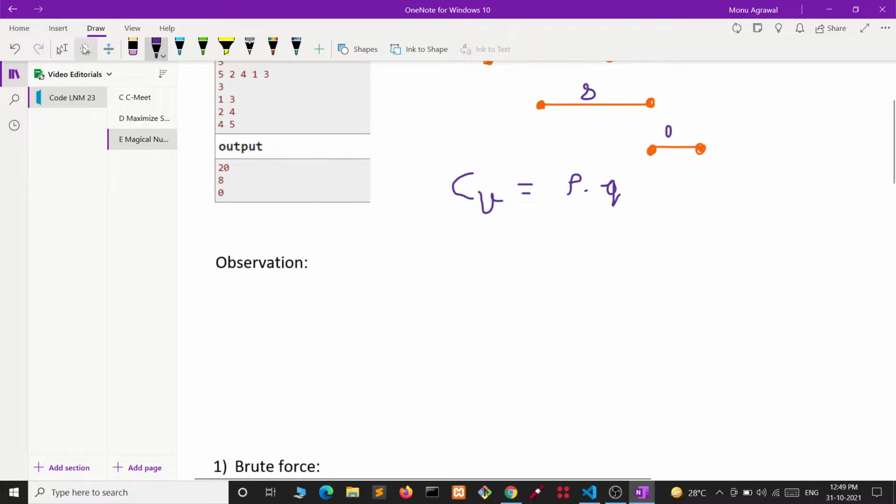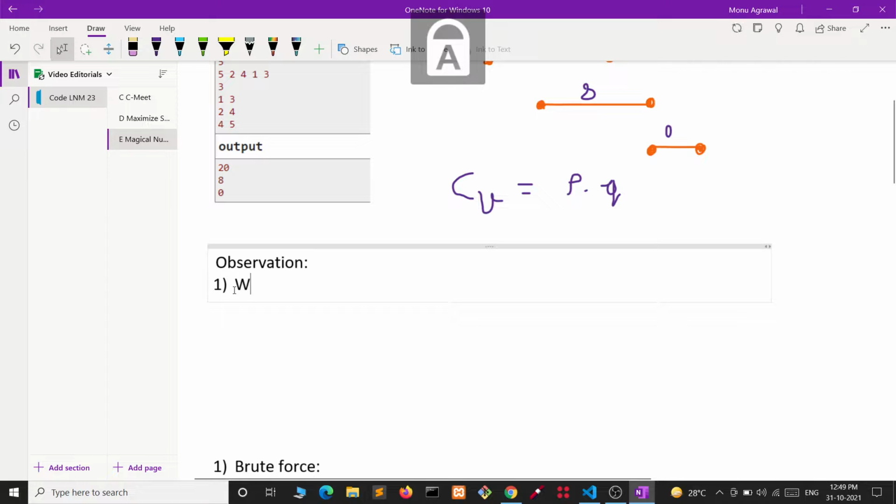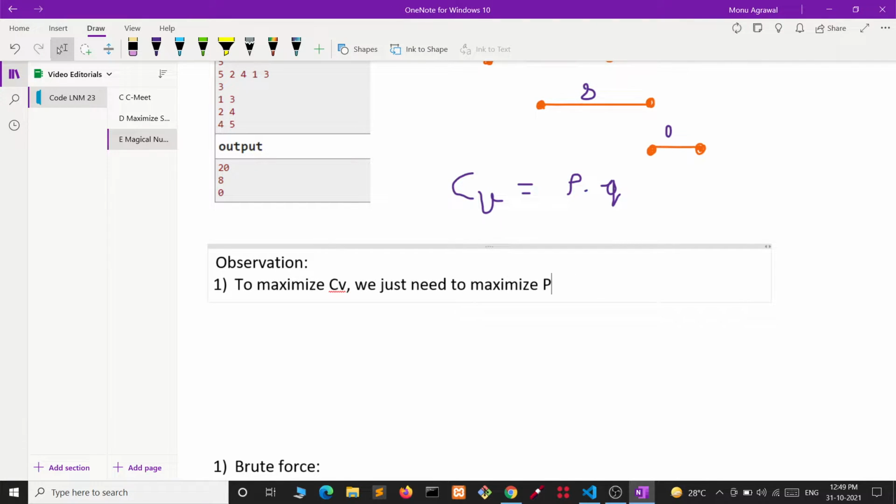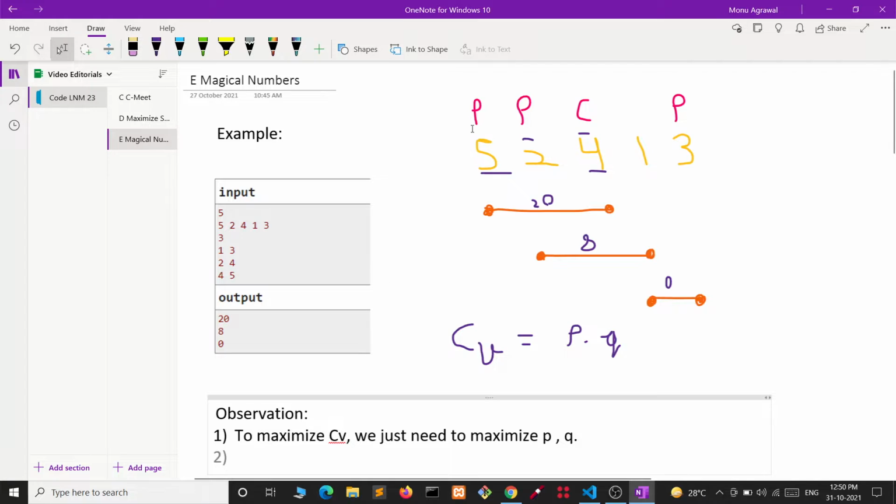Now, what is the main observation? First, to maximize CV, we just need to maximize P and Q. We also need to mark the numbers in the permutation, from 1 to n, as prime or not prime.